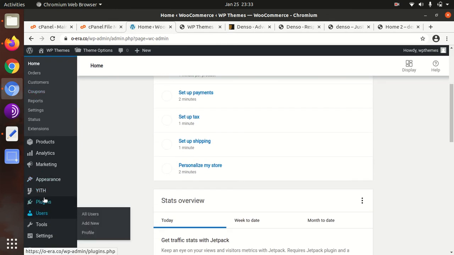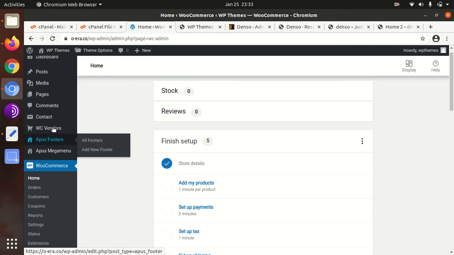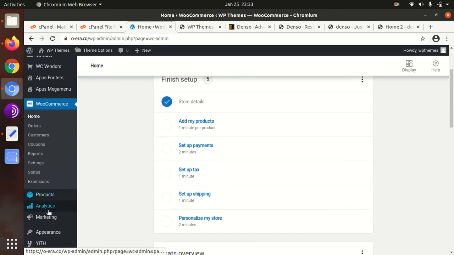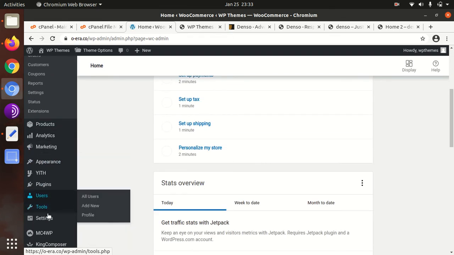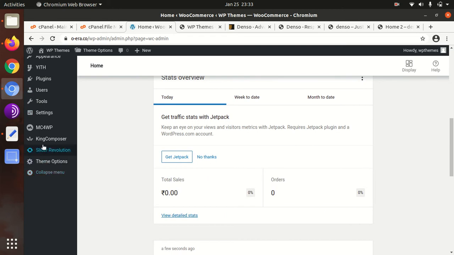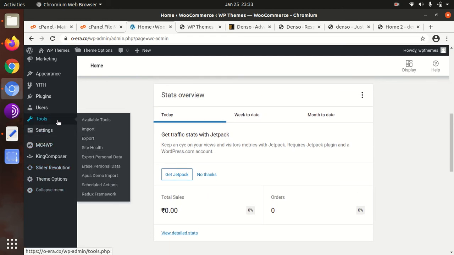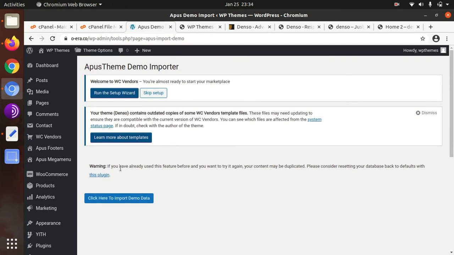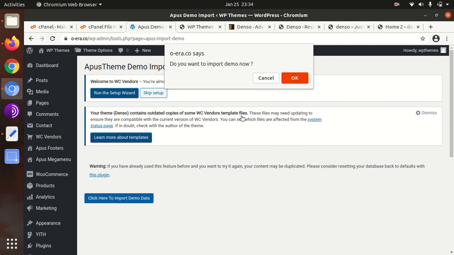And I am just looking for the option where I can get the demo content import option. So it may be under Tools. So let me check. This theme uses the Redux framework. This is a very good framework for WordPress theme development, and we have an option to demo import in this Tools section only. So just click on that, and it is a simple button here. Click here to import demo data. Let us click OK,